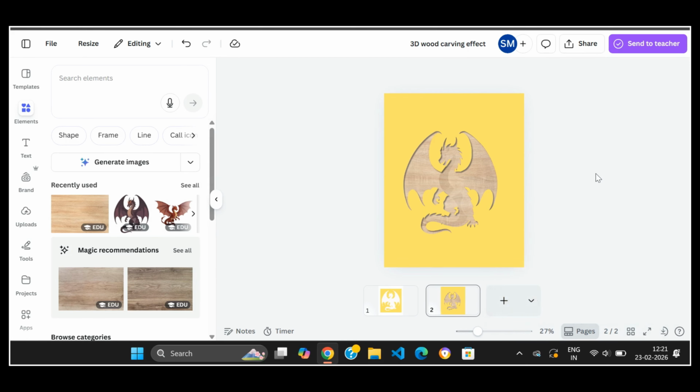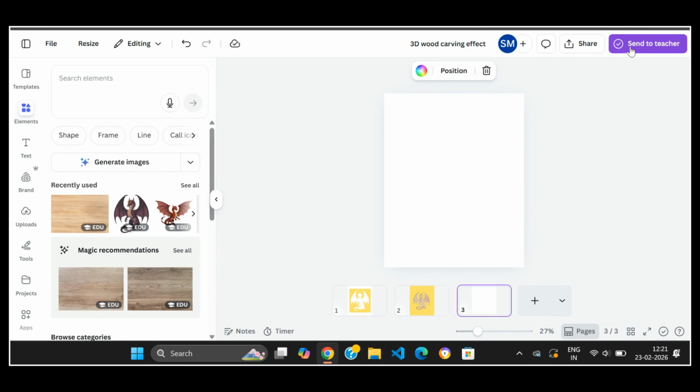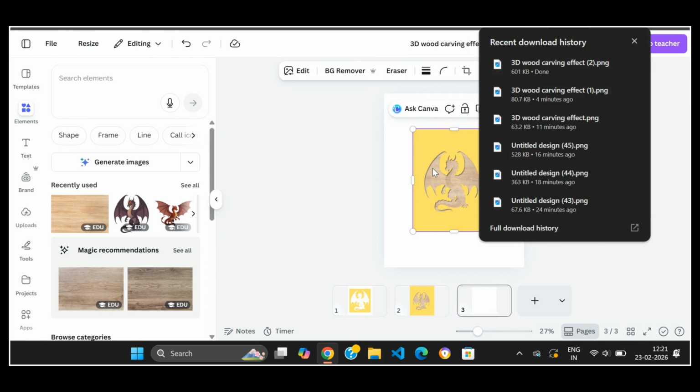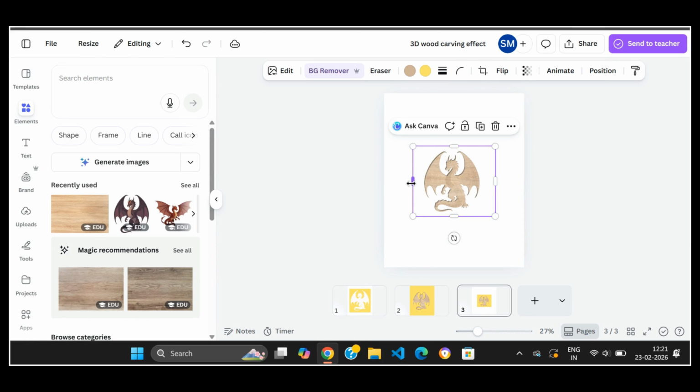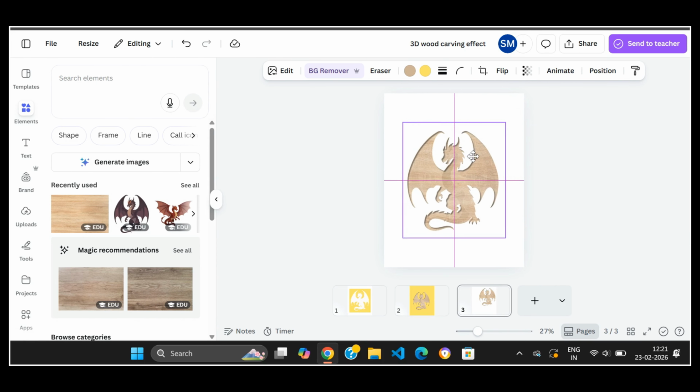now go to third page and upload here downloaded image. Now remove the background, then see the magic. Here we go. देखो 3D wood carving effect create हो गया है, बस उसको थोड़ा enhance कर देंगे. So